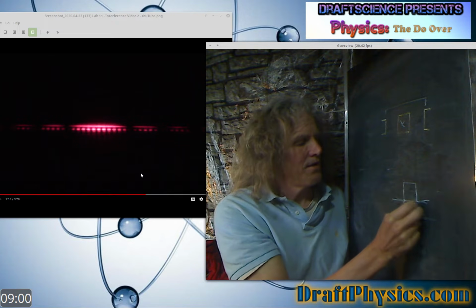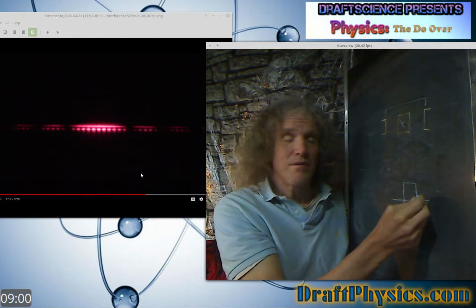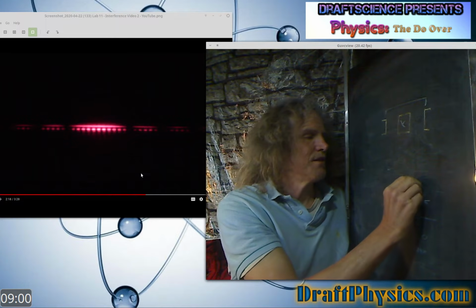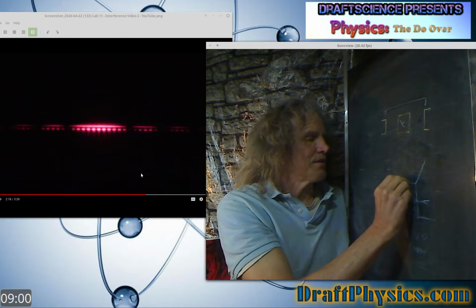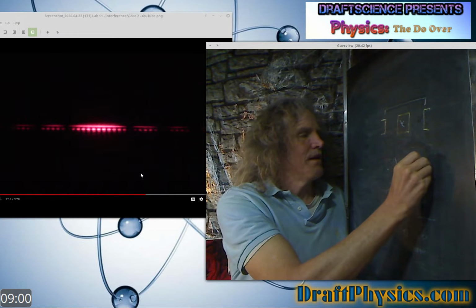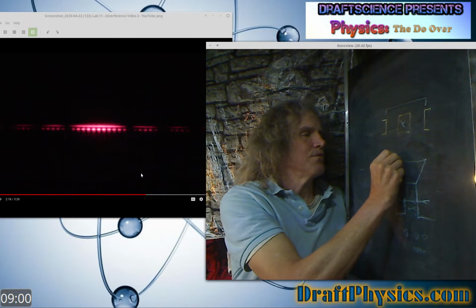The tighter the slit, the more it bends. So if you said it was 3 degrees, you could just draw that arbitrarily, and say 3 degrees from this corner and 3 degrees from this corner,